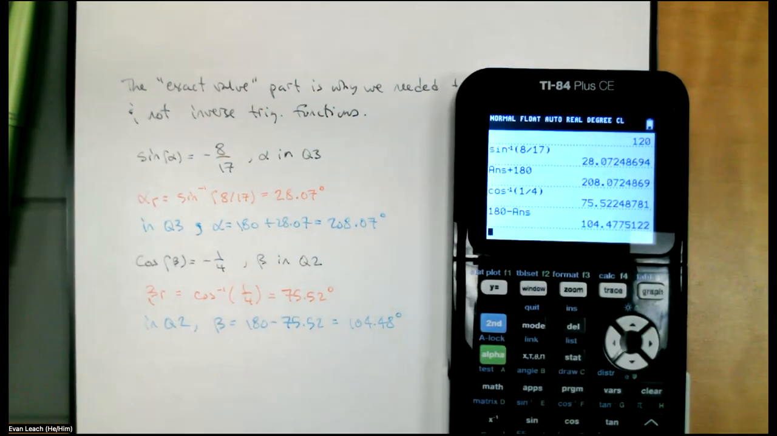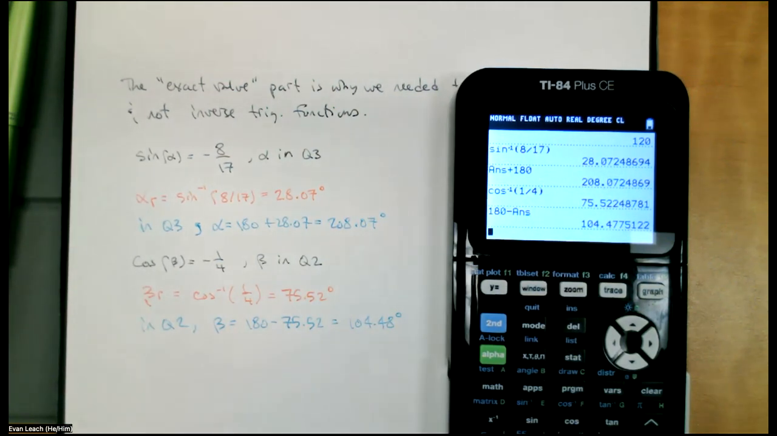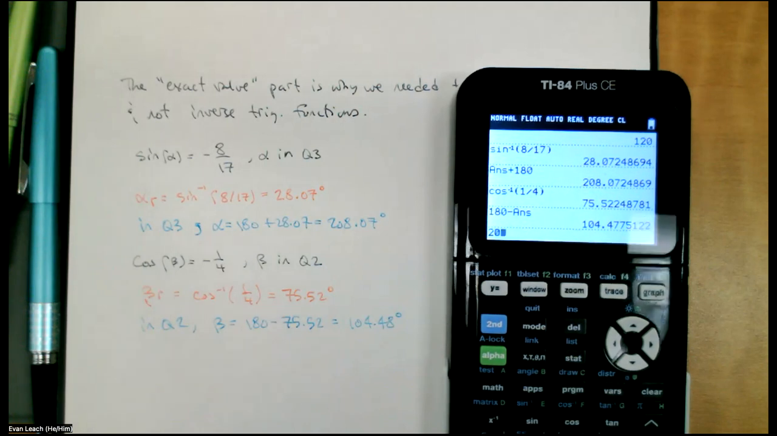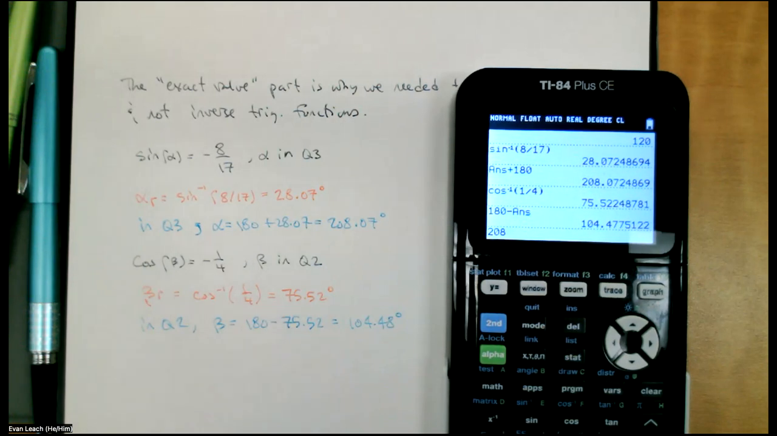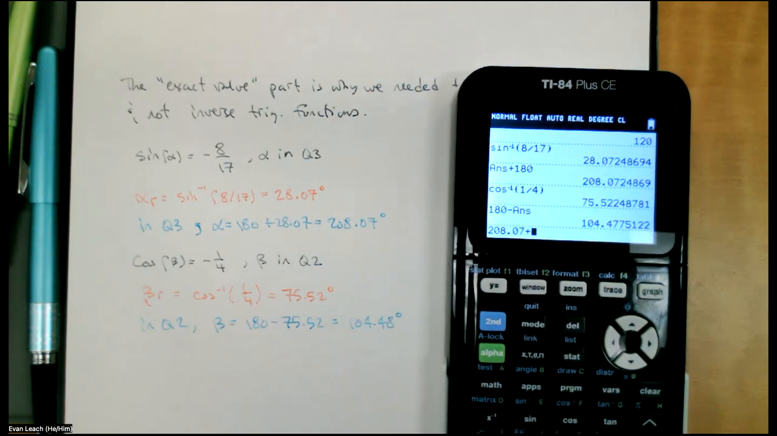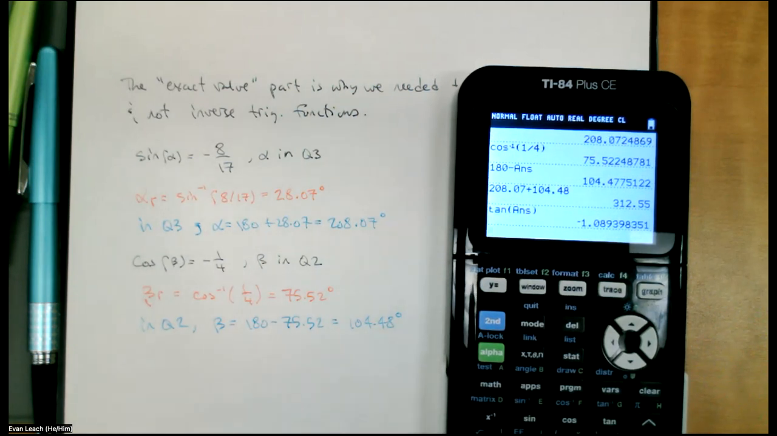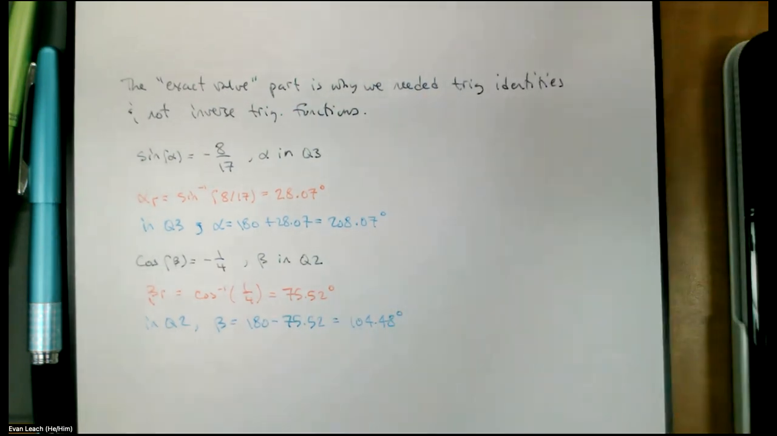Now that we have alpha and beta, we could just add those two together and find the tangent of this. I should have pushed tangent first. But we're not getting the exact value. The exact value,